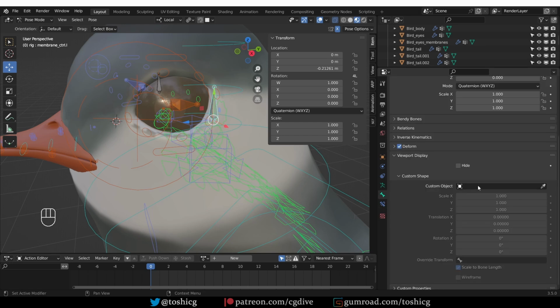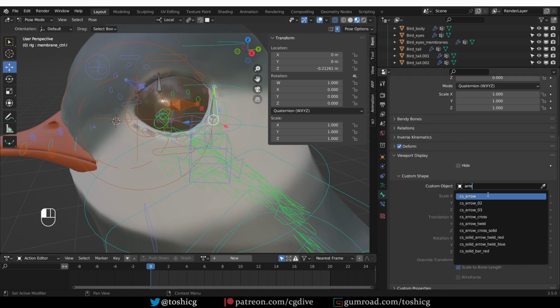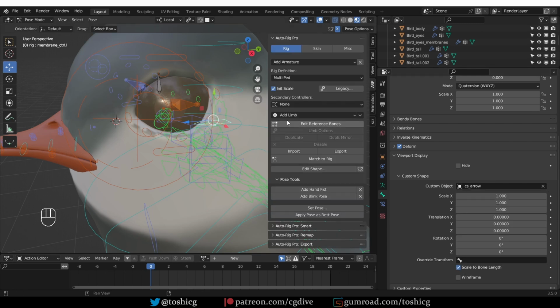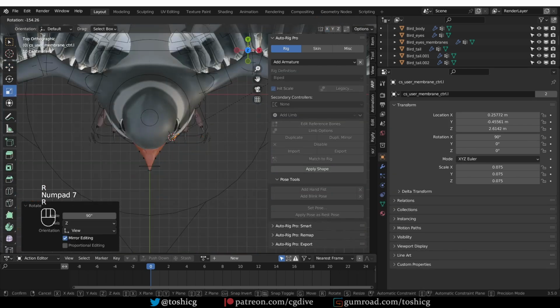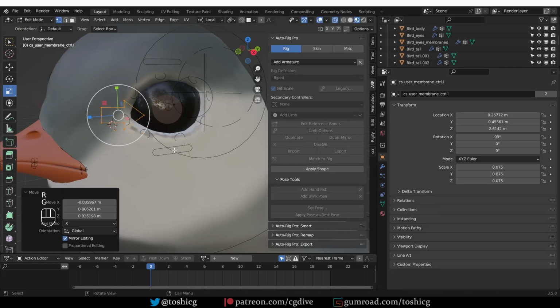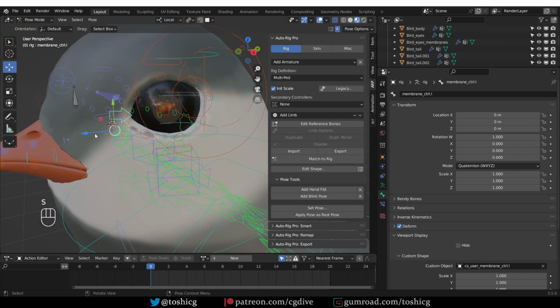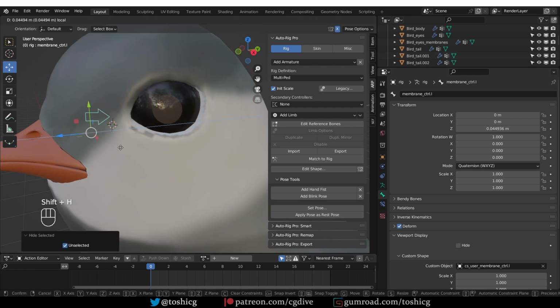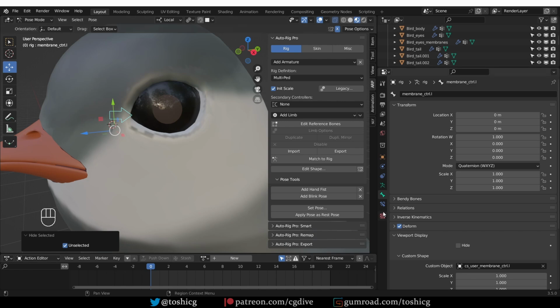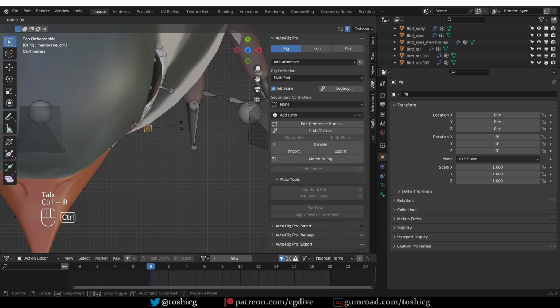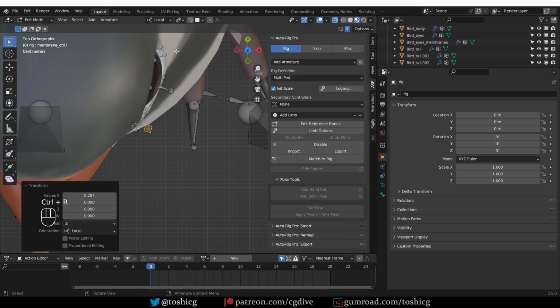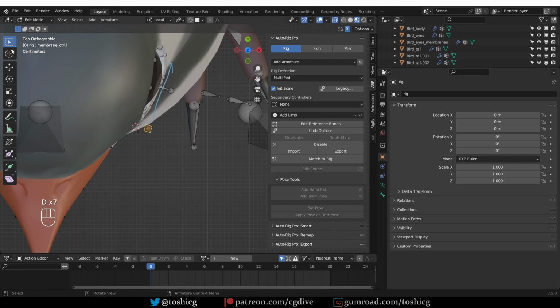I can go to the bone tab and give it a custom object. And Auto Rig Pro provides these arrow shapes which are perfect. I just have to edit the shape to point in the right direction, scale it down a little bit and apply shape. And now I have this very intuitive control. If you want to make it even more intuitive, you can go to edit mode and press Ctrl R to roll this bone a little bit in this direction. Then in pose mode,